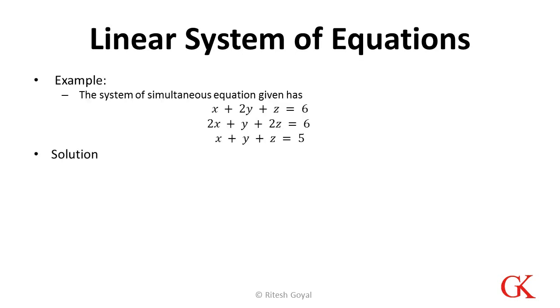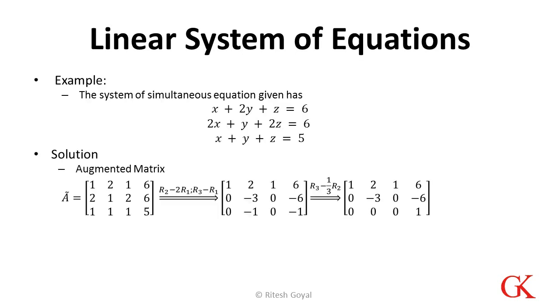So if we want to solve it, we basically find the augmented matrix, which is nothing but the coefficients of this particular system in augmented matrix form, and then we want to eliminate x1 from the second row and the third row. So we do R2 minus 2R1 and R3 minus R1. It's an elementary row operation. So this matrix is basically row equivalent to the first matrix and has the same solution.